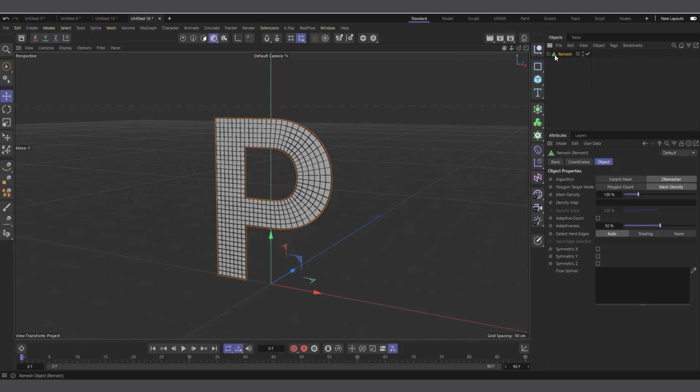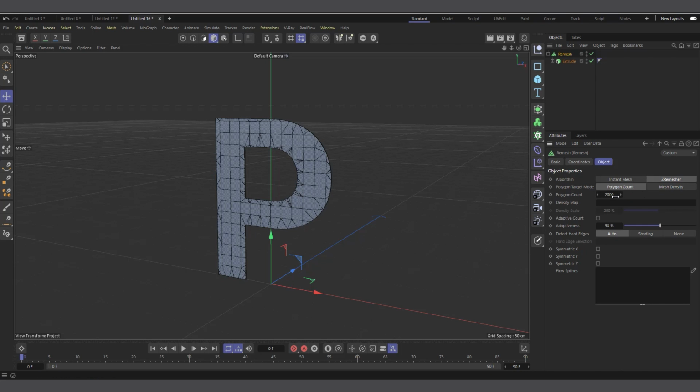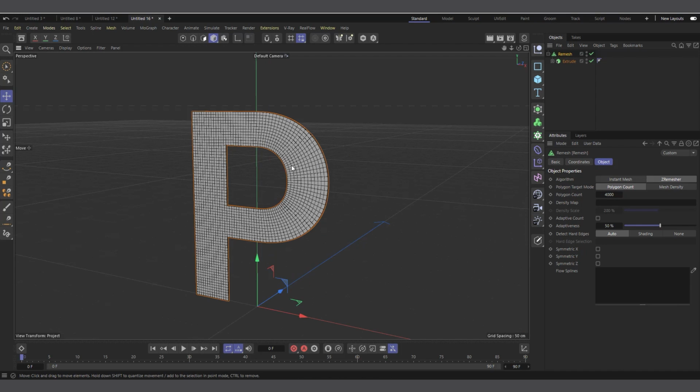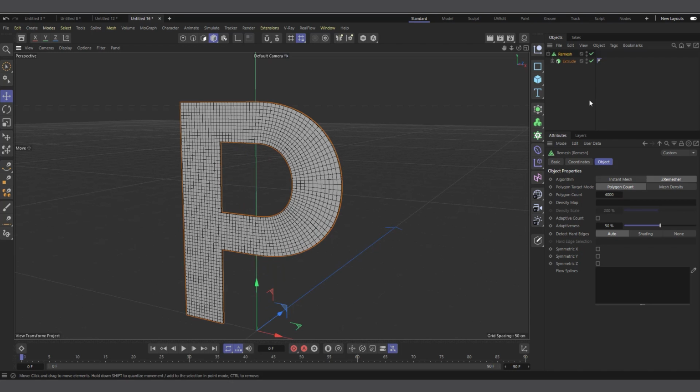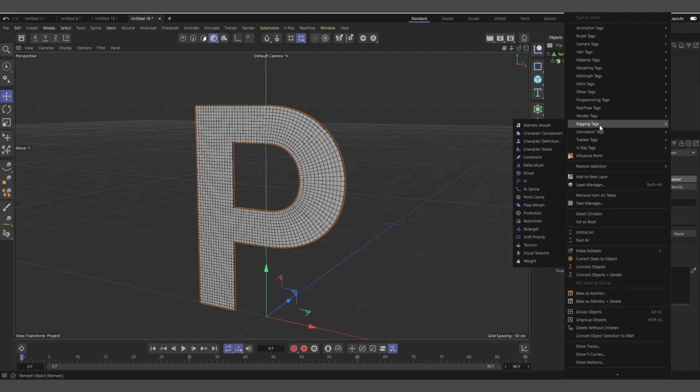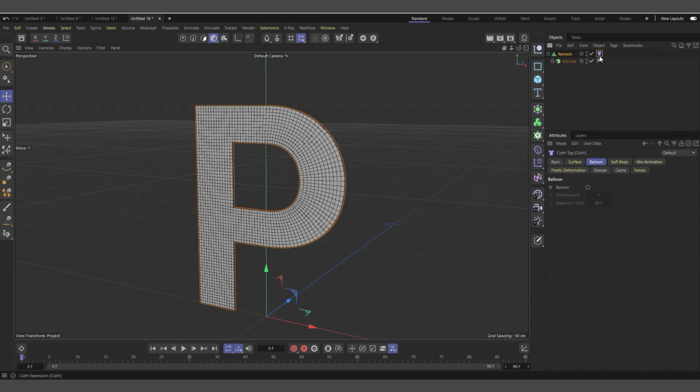So I'll create the remesh, I'll make an extrude child of the remesh, and in the remesh I'll change from mesh density to polygon count, and probably increase it to 4,000 because it's fast, right? So we have enough polygons, and you can see it's quite uniform compared to the default one in the extrude object. So in Cinema 4D, now let's go ahead and right click and add our simulation tag, cloth tag,